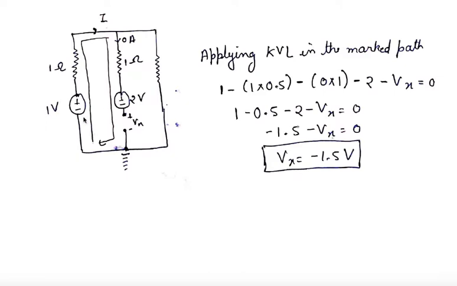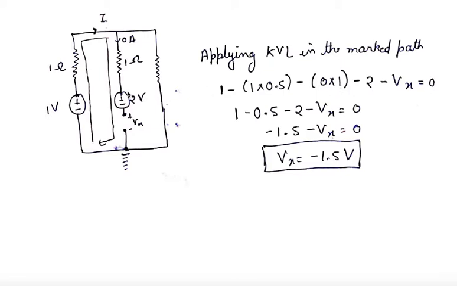So while tracing the path, again it is taken as 1 volt. Then again we are going in the direction of current, so the voltage polarity will be negative. It will be minus I cross 1. The value of I which we have already found out earlier is 0.5. So it is 1 cross 0.5 of negative. Then we have gone to this branch. Again we are going in the direction of current, so it will be negative. And the current going into this branch is 0 ampere, so 0 cross 1, the resistor value.